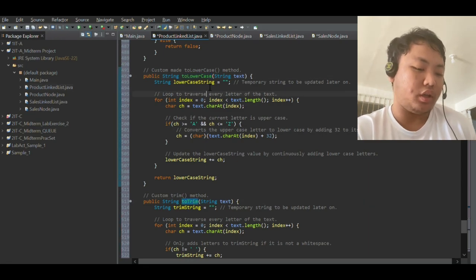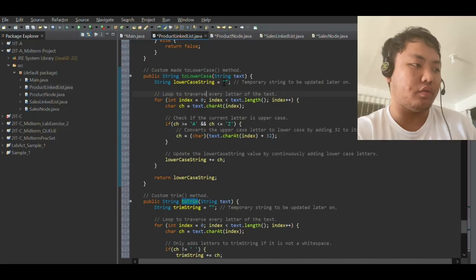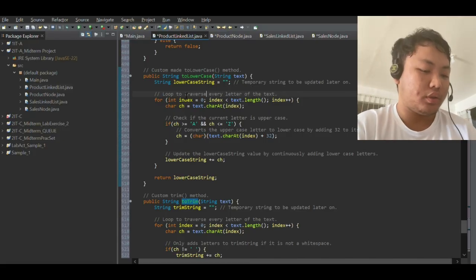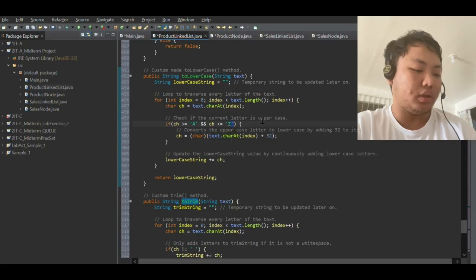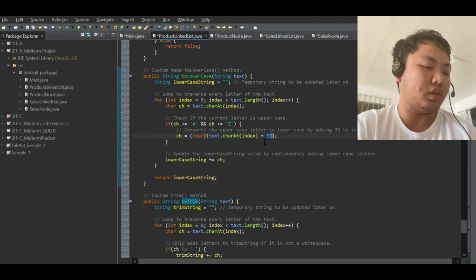I'll be explaining the toLowerCase and the toTrim method. This method iterates through the input string and converts any uppercase letter A through Z to their corresponding lowercase letter. How it works, it checks each character in input, each character between A and Z uppercase letter. It adds 32 to the character